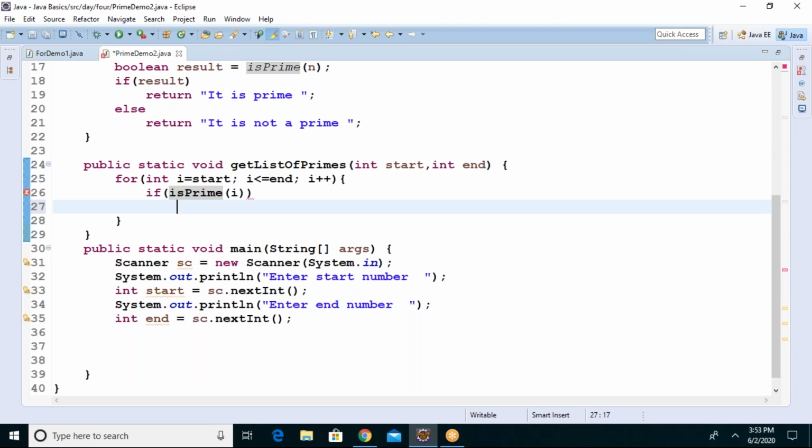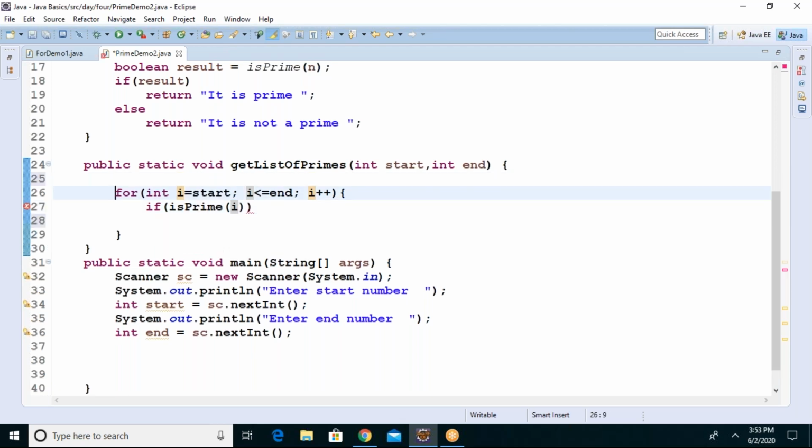If isPrime, then what should I do? I need to create the list of primes, right? Tell me, guys. If it is true, it means I is a prime or not? Yes. So I need to prepare a list of numbers. So I should go with a string result, because there are multiple values now. I told you, no? When you have multiple values, go and append them to the result, I mean the string variable. So I am appending, guys.